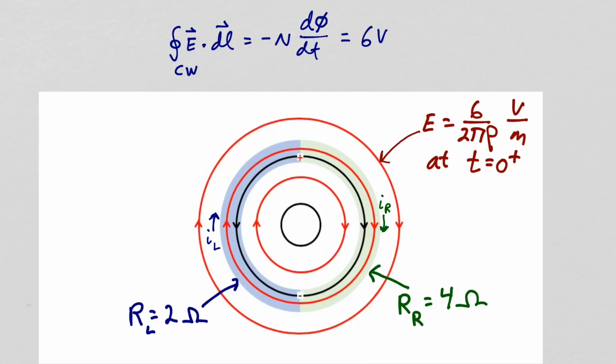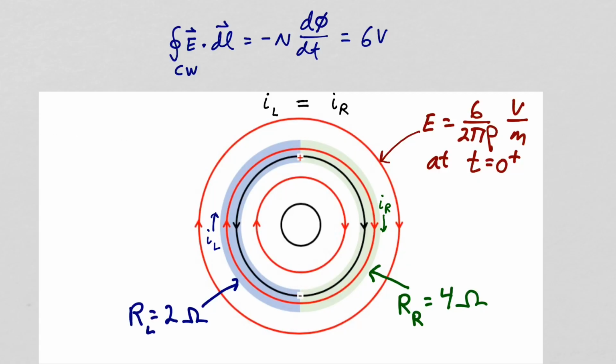boundaries. As the electric field intensity in the left half ring is reduced, the current will reduce in the left half ring. And as the electric field intensity increases in the right half ring, the current flowing in the right half ring will increase. The current in the left half ring will reduce and the current in the right half ring will increase until the two currents are equal. When the two currents are equal, there is no longer any change in the charges at the two boundaries, and steady state is reached.